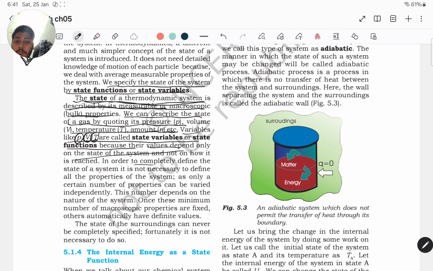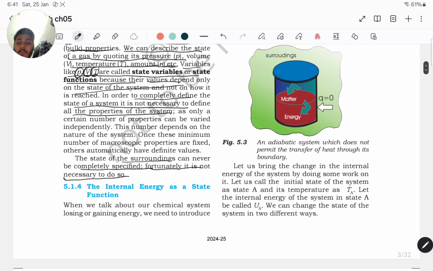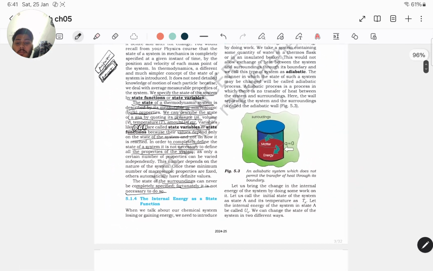In order to completely define the state of the system, it is not necessary to define all the properties of the system. The state of the surroundings can never be completely specified. Fortunately, it is not necessary to do so. So basically you have to